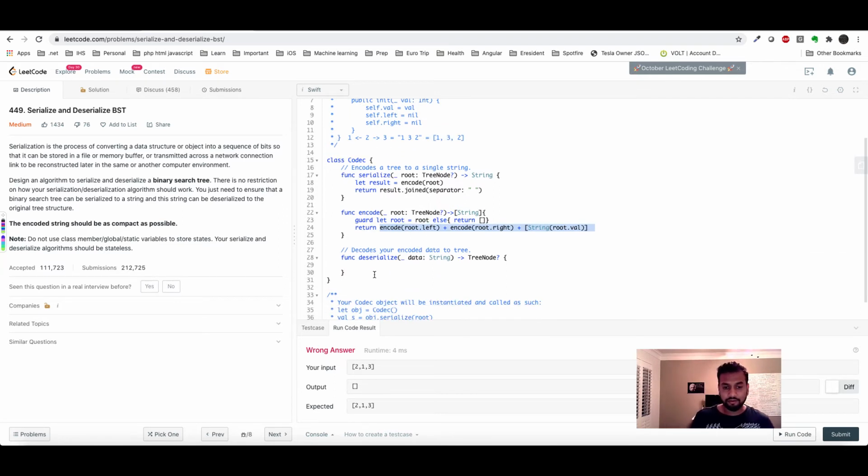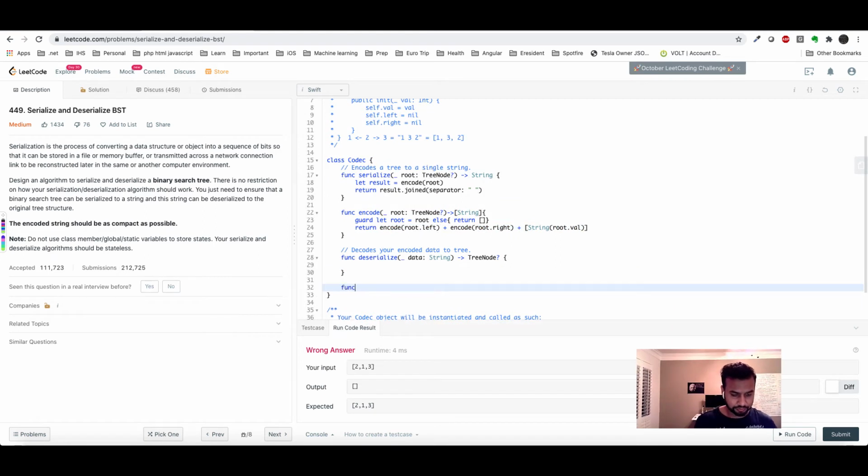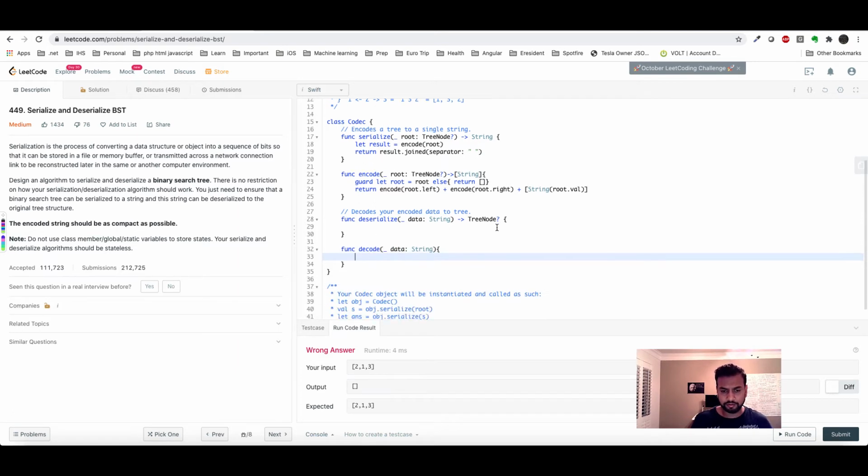Okay. With that, again, let's create our helper function real quick. Deserialize. So let's call it decode, and again, this will take just a data of string. I'm not sure what the return is going to be. Let's see. So what is the decode going to do? Basically, it's going to decode it, right? So once we get the data, which is a string,